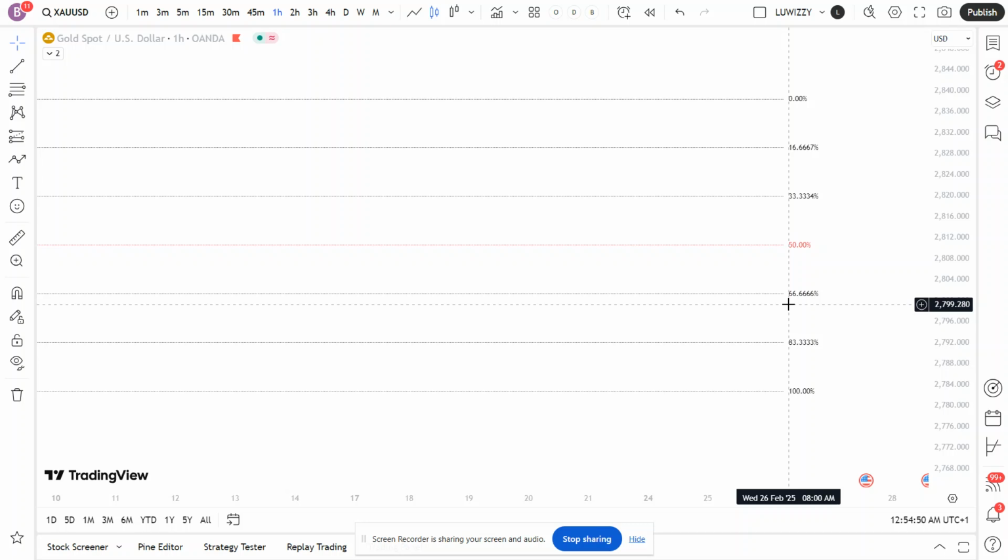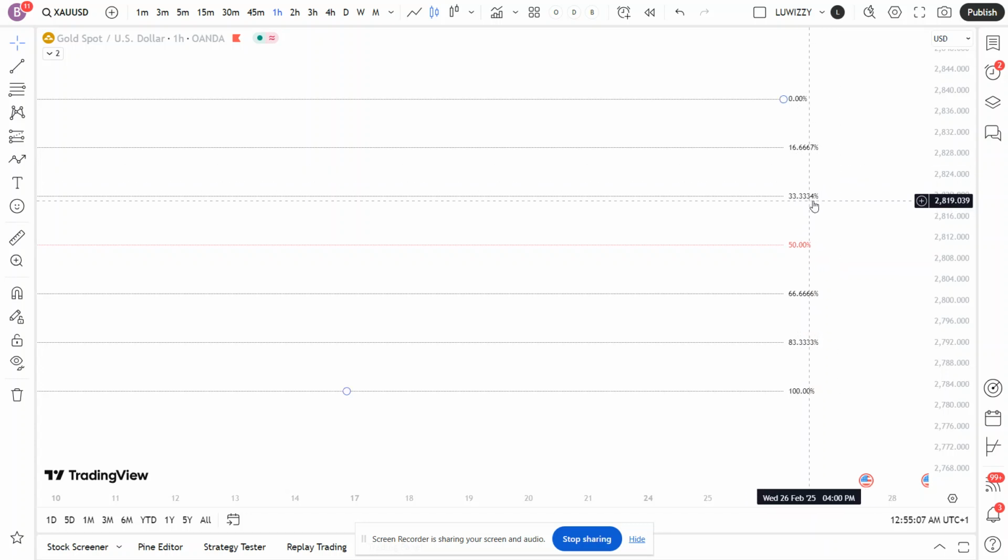Gold and BTC, because these are my two major pairs. And this fib level has helped me a lot when trading these two major pairs, right? Now this is the fib level. You can see it starts from 0%,